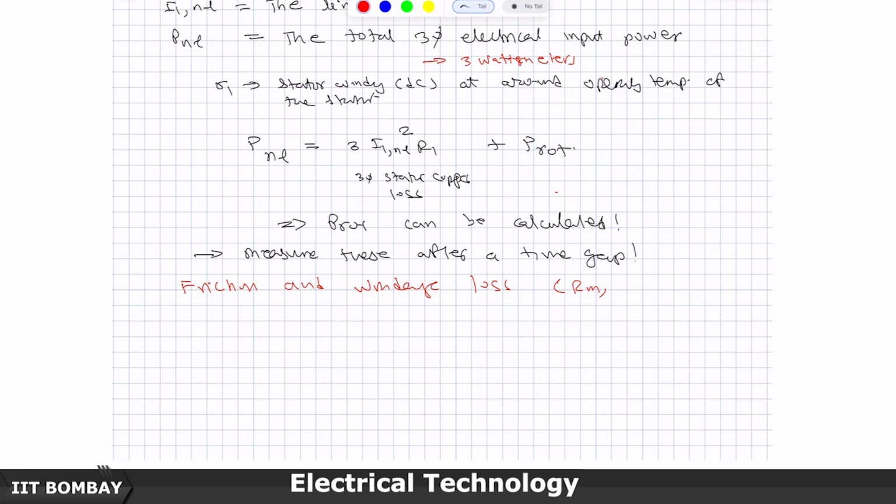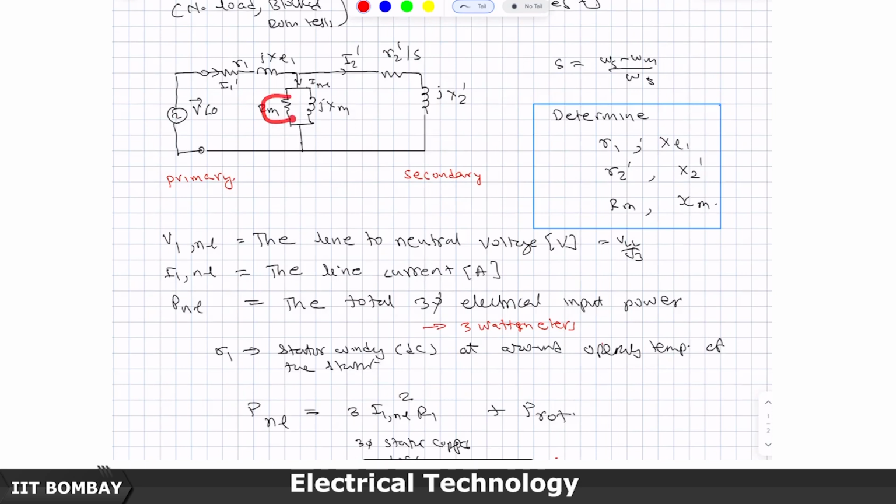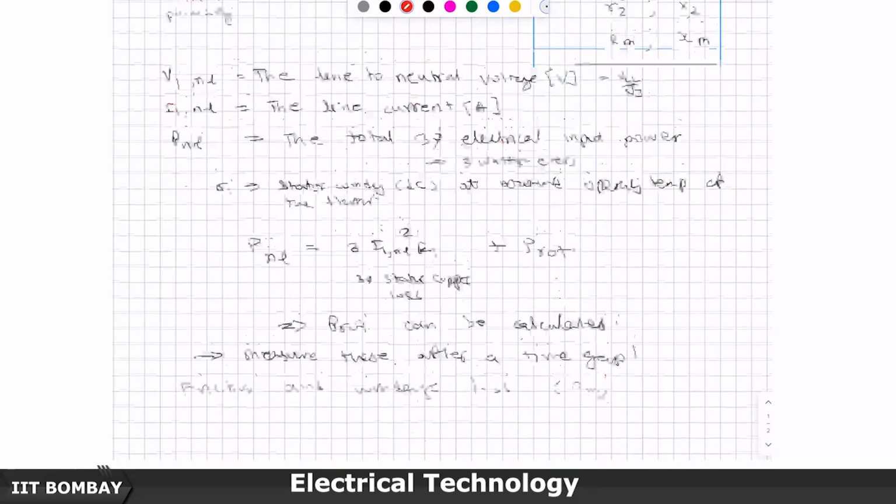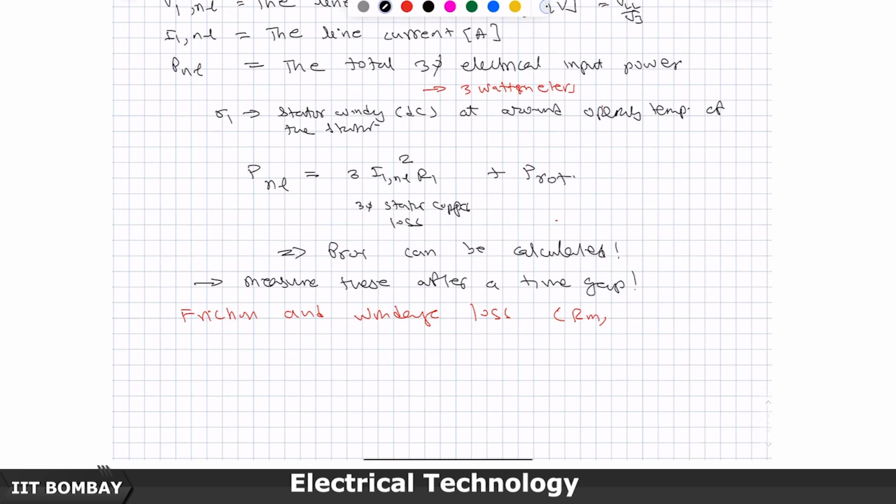I am just giving you an idea. Usually RM is not modeled; it is not really that important to model most of the time, and the loss which is happening in the core is usually bundled with friction and windage loss. But how it can be done, I am discussing now, you can do it if you need. There are two ways of doing it. First is method 1: keep the stator unenergized